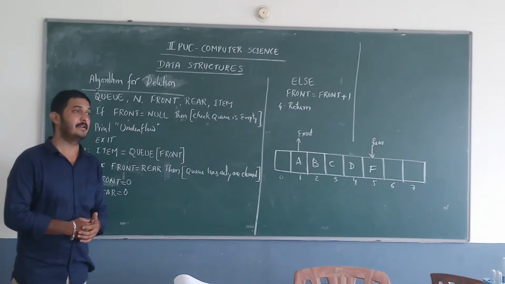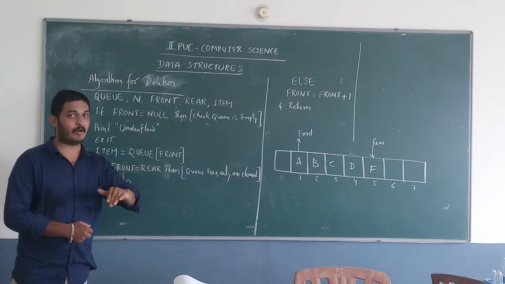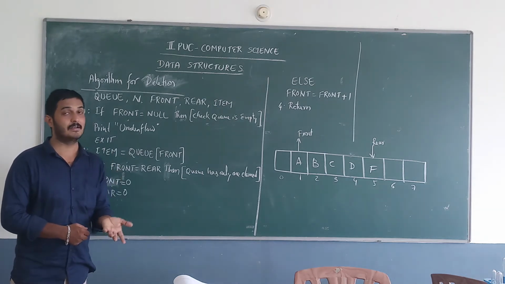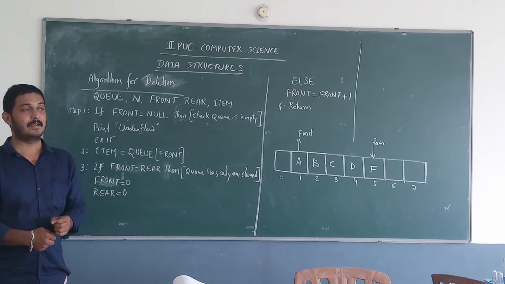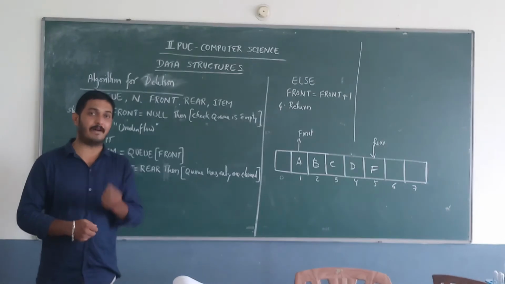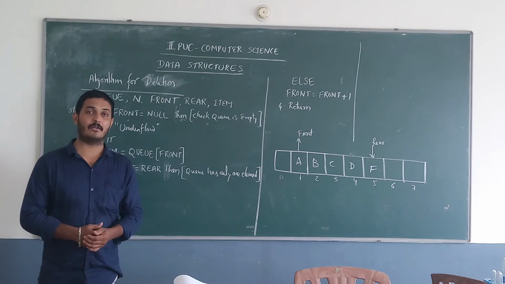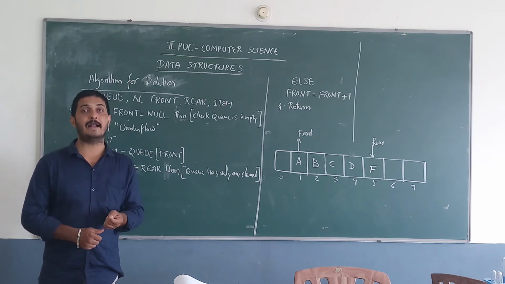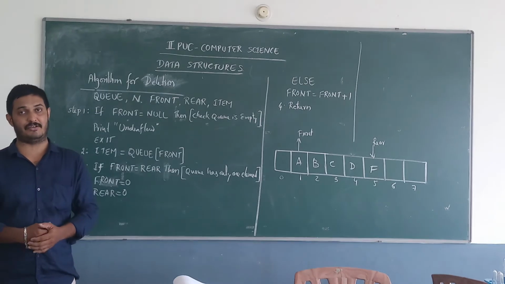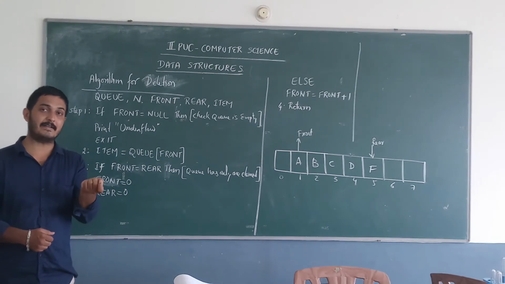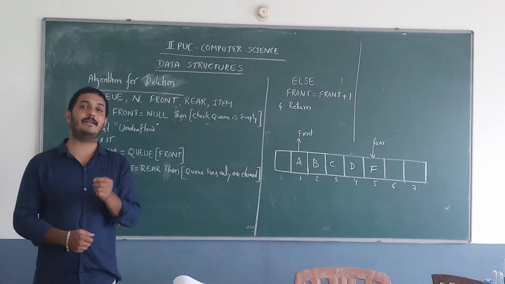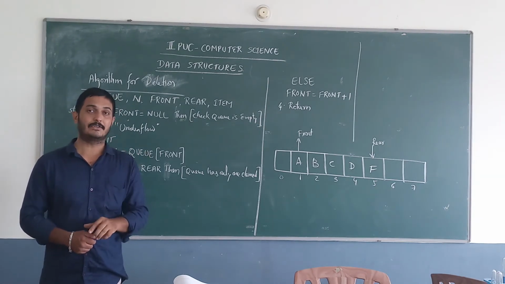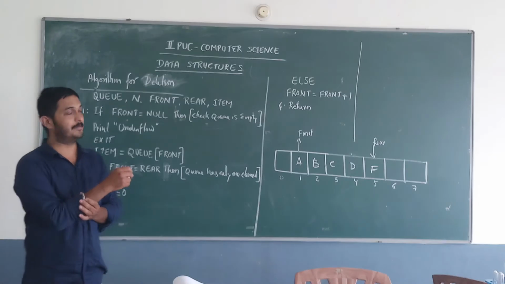And the second condition is, first we have to check whether it is underflow or not, whether the given queue is empty or not. Second, we need to check if it is pointing to only one location. Sometimes we have only one element in the queue data structure or in that particular array, so both front and rear pointers are pointing to the same location. Normally, if front equal to rear, that indicates there is only one element, and front equal to 0 and rear equal to 0. These two conditions we need to implement.